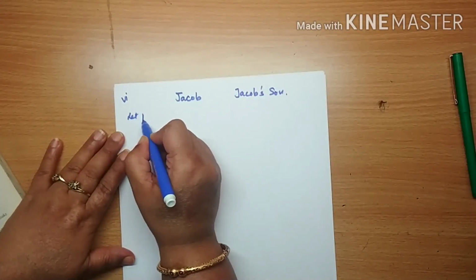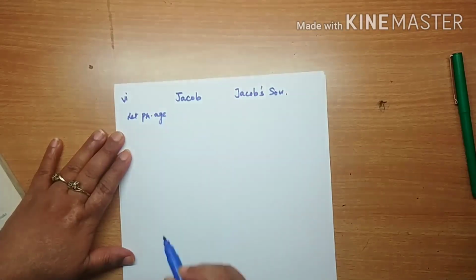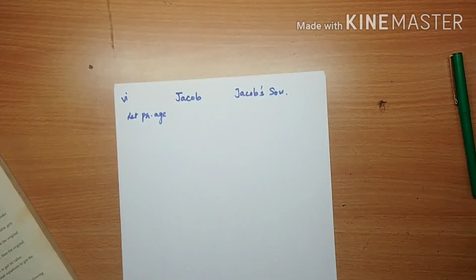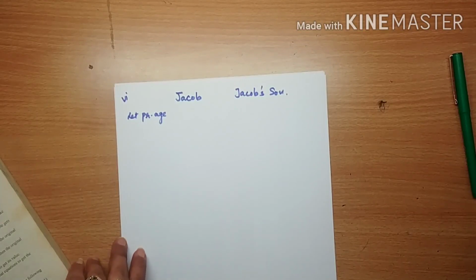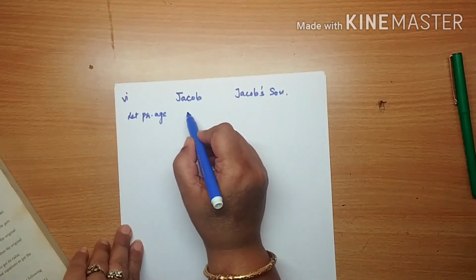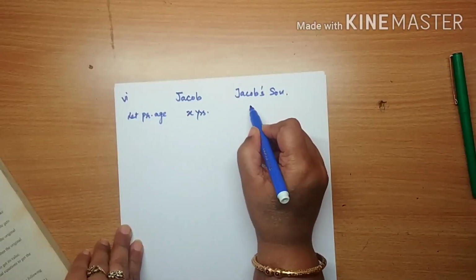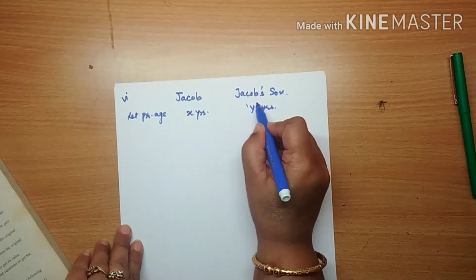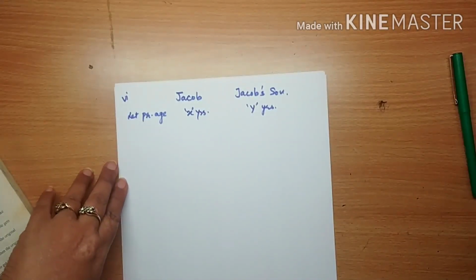We generally assume the present ages, whatever we need to find in the question. In the question he says, 5 years hence the age of Jacob will be 3 times that of his son. 5 years ago, Jacob's age was 7 times that of his son. What are their present ages? So we need to find the present age. So we'll assume present ages of both as x and y. Let present age of Jacob be x years and his son be y years.